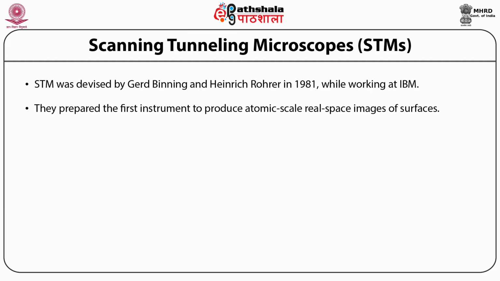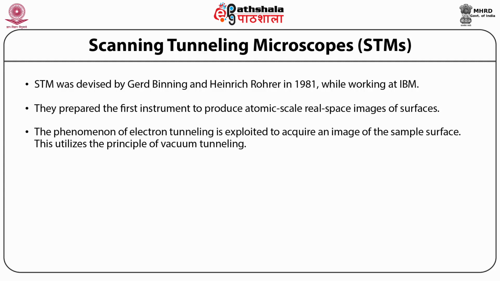They were awarded the Physics Nobel Prize for this work. The phenomenon of electron tunneling is exploited to acquire an image of the sample surface. This utilizes the principle of vacuum tunneling. Here, the tunneling probe and the surface are brought near contact